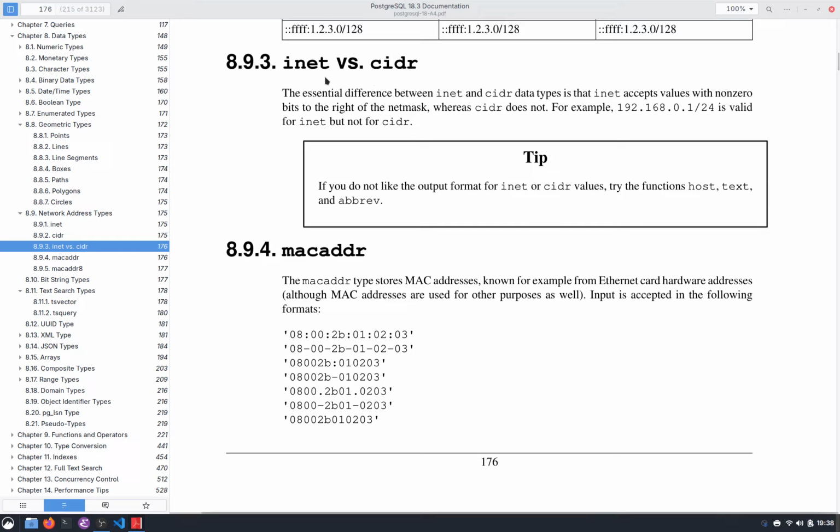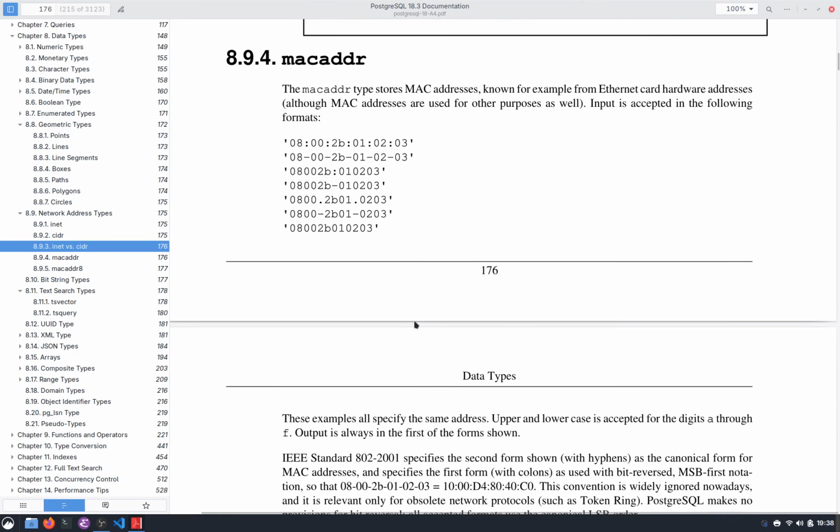Now the essential difference between the INET and CIDR data types is that INET accepts values with non-zero bits to the right of the net mask, while CIDR does not. For example, 192.168.0.1/24 is a valid INET but not a valid CIDR. The tip is, if you do not like the output format for an INET or CIDR value, try the functions host, text, and abbreviation. Now we will talk about the MAC address, which is the address of the network interface